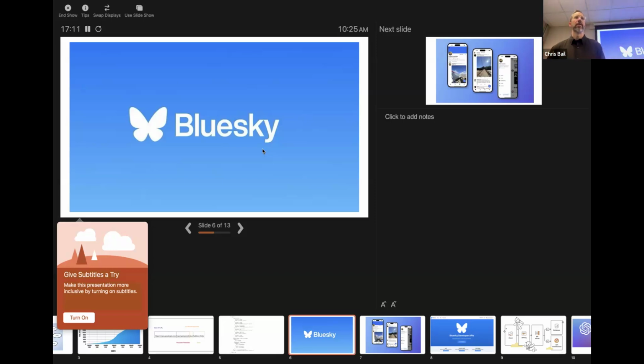And so we're going to learn about processes that companies and APIs use to protect privacy in just a minute. But we're starting with this open protocol, which means anybody can write code to interface with Blue Sky's API, just because it's a little easier to work with an API that's open rather than one that has these sort of